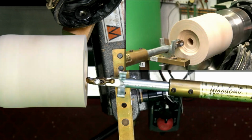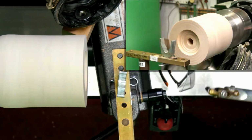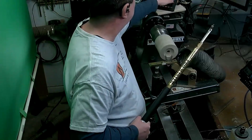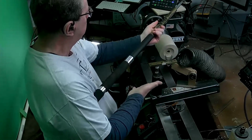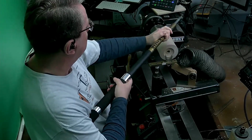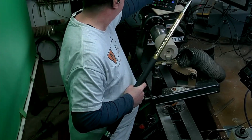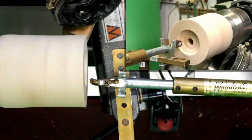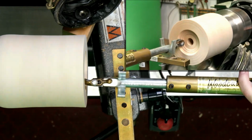This tool rests in the yoke, and I've got it tucked under my arm. If I show this view again with this off, I'll show it over here. I'm going to be tucked under my arm this way, holding it here and across here like that, hollowing. So that's the way I hollow this thing, and I use little back and forth wiggle movements to get cutting. So we'll just